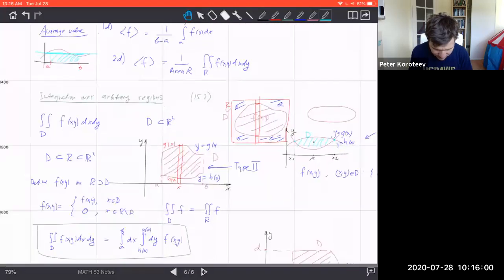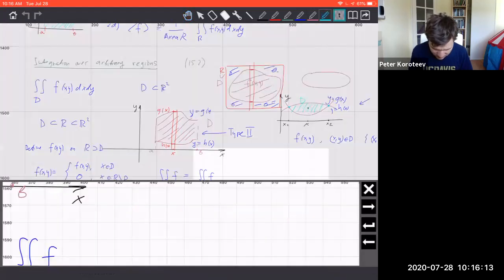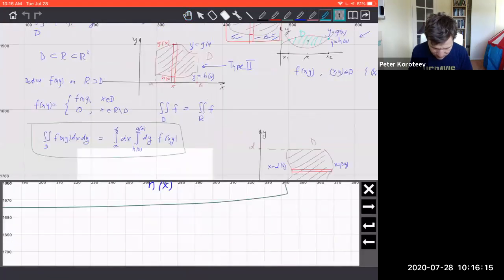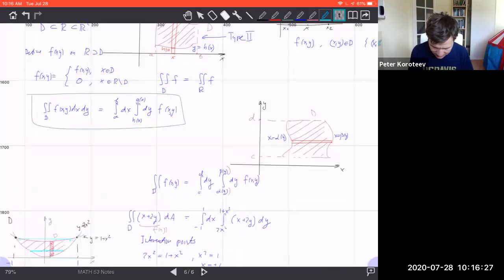If you have an area which is not a rectangle, then we need to do an iterated integral, and the iterated integral will go from whichever parameterization you use to describe this region here. If your set is squeezed between two graphs, then you would just integrate from one to another in the right order.